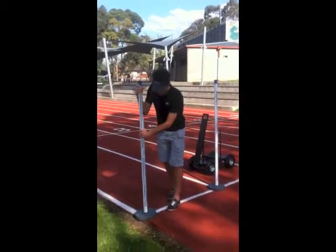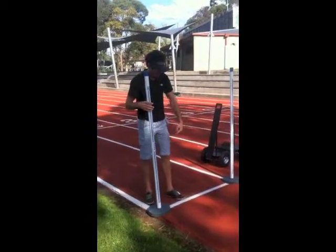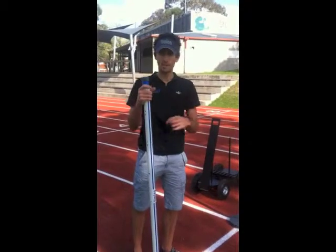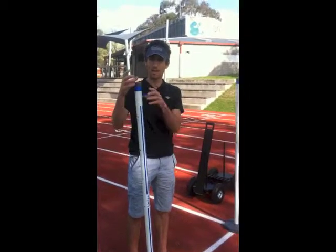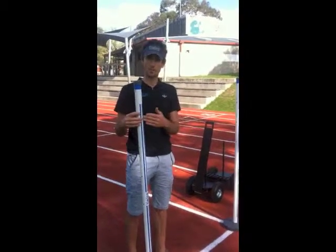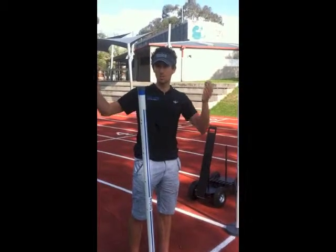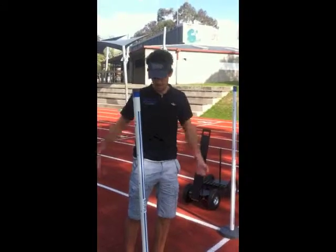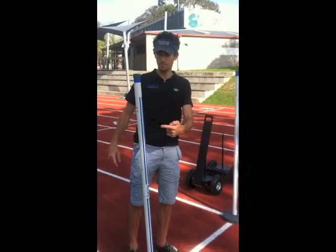Okay, so if we just recap, all my arrows are pointing to the inside of the track. All my tubes can only go into the base in one orientation, which means they are also pointing the same direction. That direction is determined by where the sun is. This is the sunniest side of the track today, hence all my arrows are pointing to the inside, which means